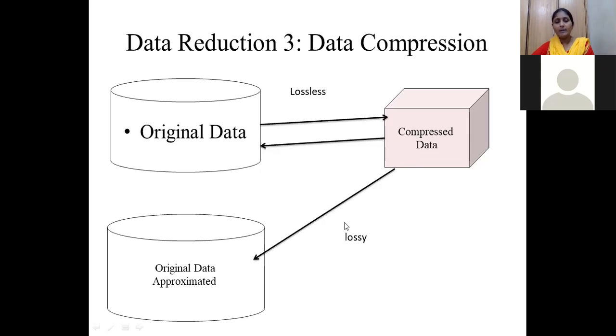Next, lossy compression. It says we are getting some loss. What are we going to lose? Some information or some details. If we have some original data and compress it by applying lossy compression, then when you want to retrieve the original data, we do not get the original data, only an approximation of it. That type of compression is called lossy compression. When you are not able to reconstruct the original data from the compressed data with the actual information, it is called lossy compression.